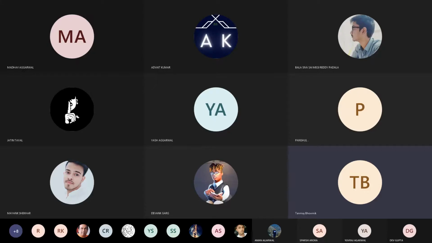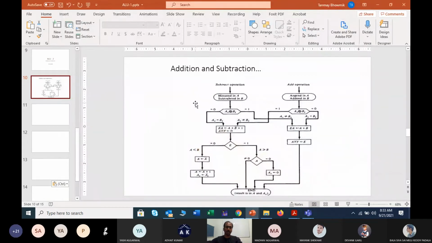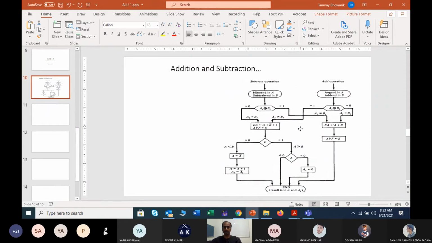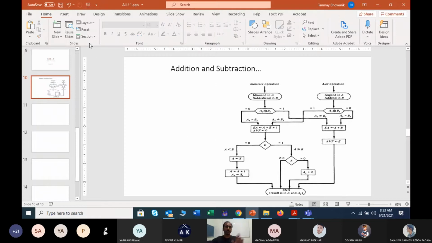So as I just told, we will start with some examples. Once you are comfortable with all these examples and completely sure how to solve this addition subtraction problem, then we will gradually move to the multiplication part. I will keep this flowchart ready in front of us and solve it in this zone. Every time we will do the same thing.